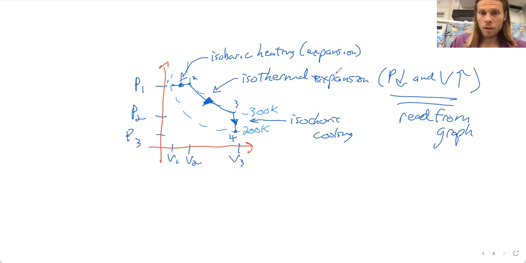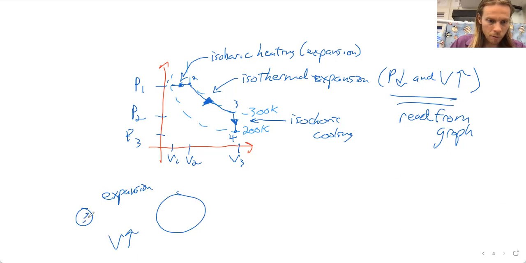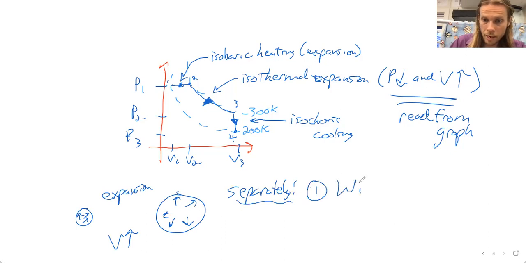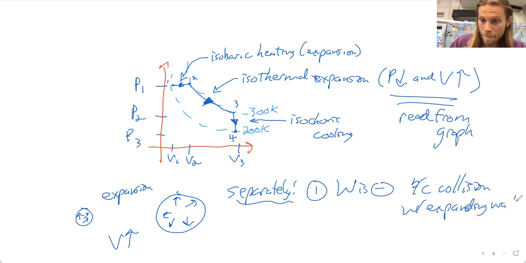Now you should know that isothermal expansion increased the volume. And if you increase the volume, there's more space. Yes, that's different from the work is negative thing, right? So if I allow something to expand, the work is negative, separate idea, the pressure drops. So maybe I'll draw that. Expansion. V increases, two separate things happen. One, work is negative because of a collision with the expanding wall. And two, pressure drops because